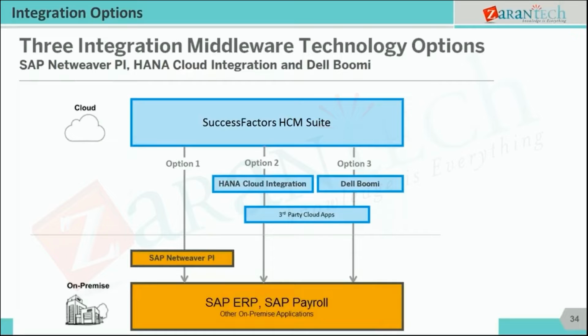Most of the implementations that are currently in the market are actually implemented on Dell Boomi. But in the recent past, around 6 to 8 months, it's a booming era for HANA Cloud Integration, where even SAP has started recommending HANA Cloud Integration instead of Dell Boomi, which we call HCI,